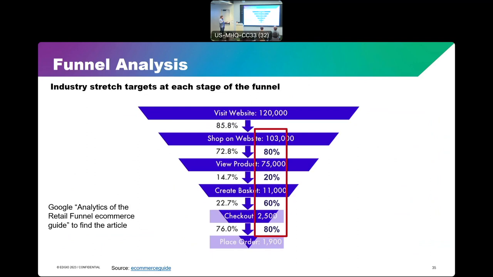I found this great guide, which you can Google, or I've got the link in the presentation you can find afterwards. But it says, hey, these are stretch goals. And so if you have an e-commerce site, these are stretch goals for percentages that you might want to measure and look at, because if you're not reaching these percentages, try to, or see how you can improve it.